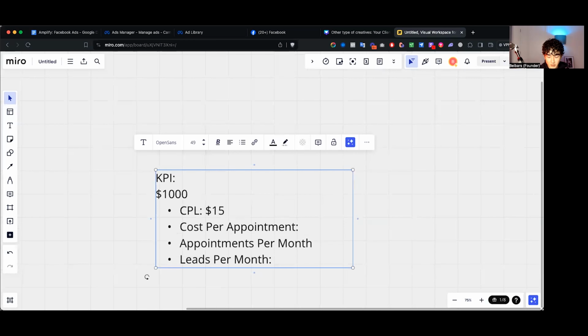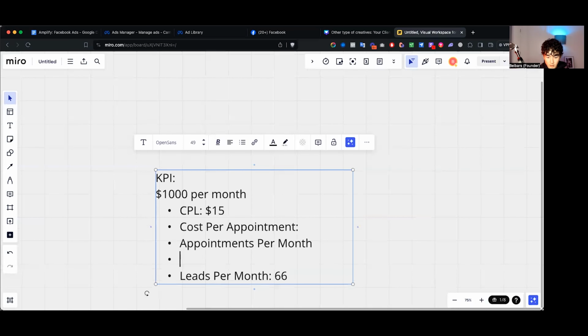So let's say your client's ad spend is $1,000 per month. You want to get a $15 cost per lead. So that should give us 66 leads per month. Usually, industry-wide, the leads-to-appointment ratio is 20%. So out of all your leads, 20% will go ahead and book the appointment. So if we're getting 66 leads, that's 13 appointments per month, and that makes it $76 cost per appointment,